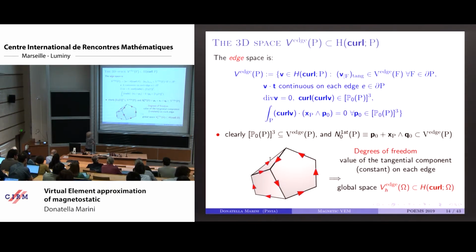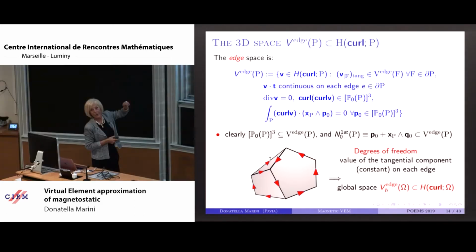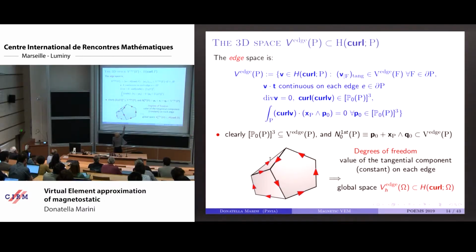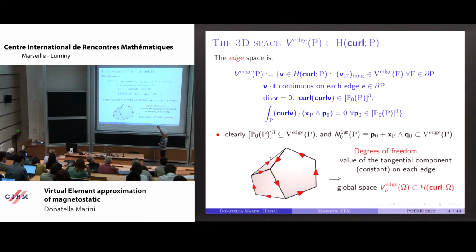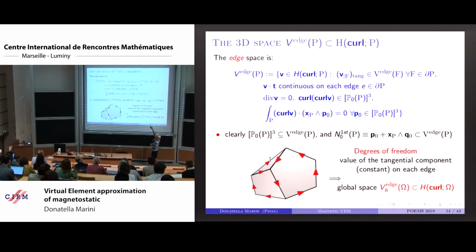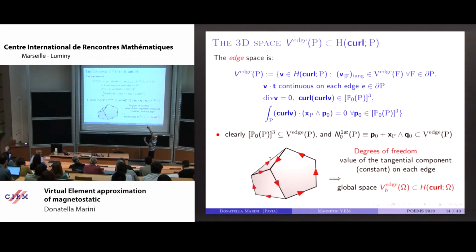and other things. So the degrees of freedom are simply, as for the two-dimensional case, the values of the constant value of the tangential component on each edge. And it's easy to verify, despite this complicated definition, that the vectors with constant component are included there, not only, but also Nedelec, lowest order Nedelec first kind. The expression is a constant vector plus